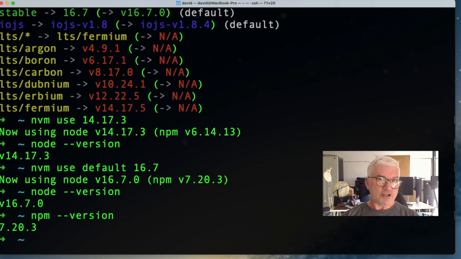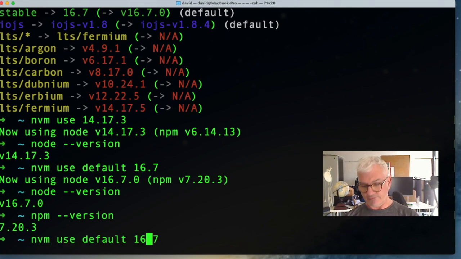Now, if we wanted to use 16.7 as our default version each time that we log back in, I can append this nvm use default to my Z shell RC. So that's my Z shell startup